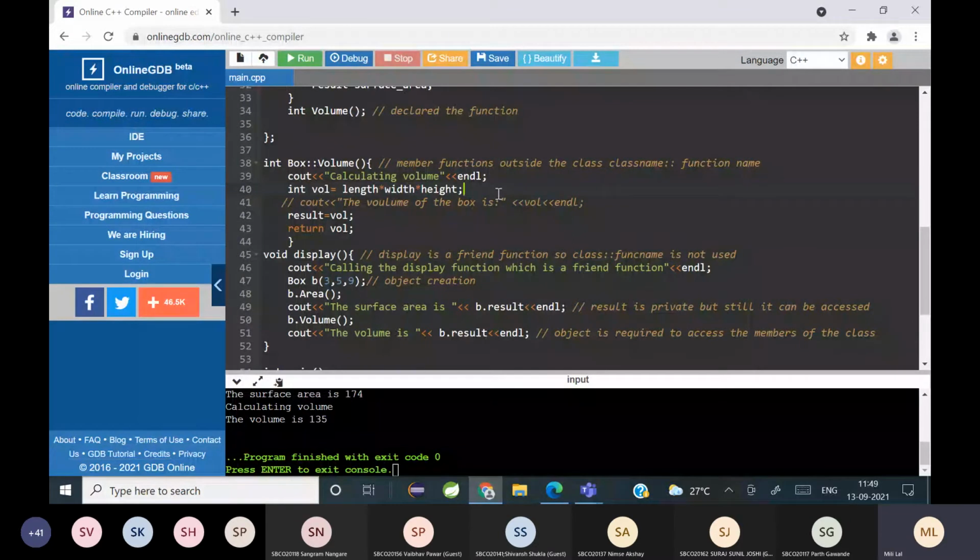Yes. So a member function can access everything inside the class. So that cannot be a difference. Member function as well as a friend function can access all the members of the class. So that is a common similarity. A difference?